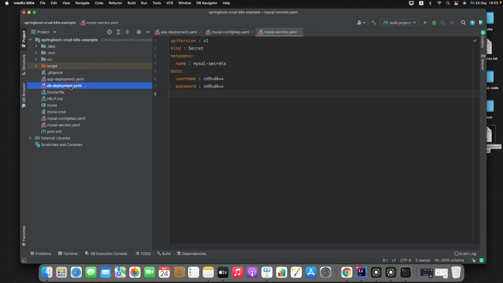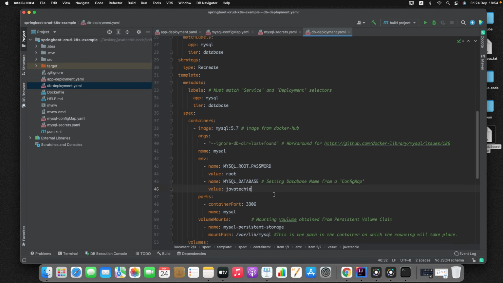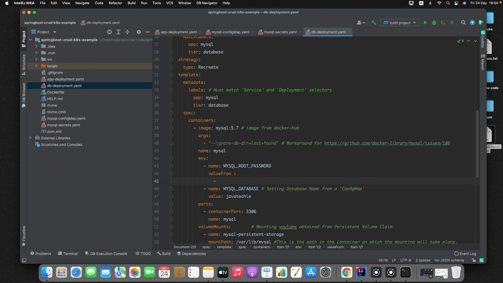So first go to the db deployment.yml file. Here if you observe, for the MySQL root password we specified the value directly as root. You just need to fetch it from the secret rather than hard-code it here. So I'll specify valueFrom, then where you want to fetch it from, I'll fetch it from the secret. For that I will write something like secret